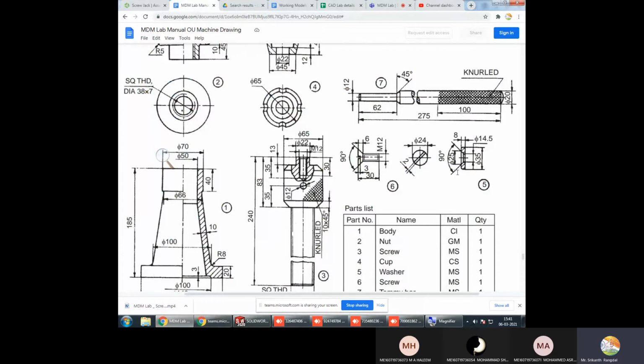25 is the outer diameter. When we give a chamfer, we cannot feed that diameter. We have to give this distance. So here you see, for example, 10 into 45. So we had fed this vertical distance, right? So here also we have to calculate that length. How to calculate? 25 minus 14.5, half of that, correct?